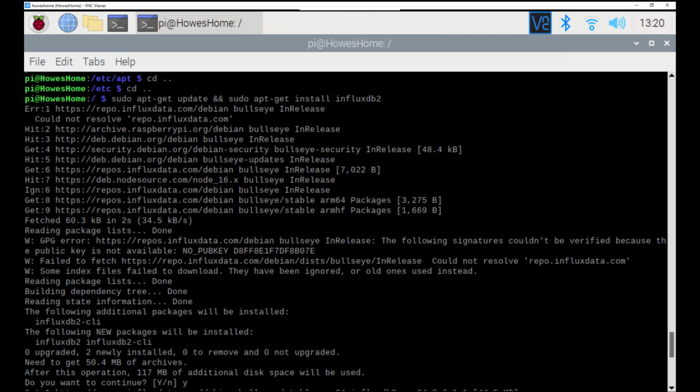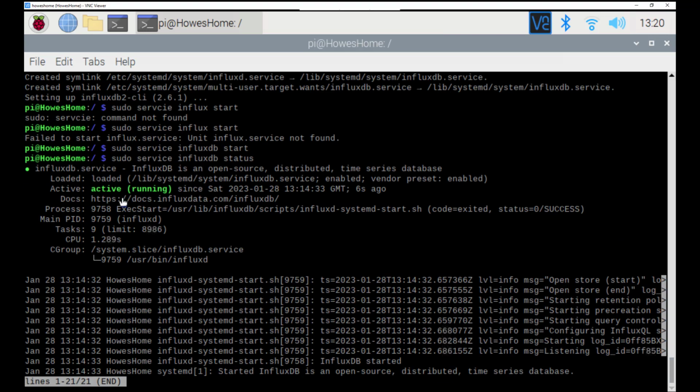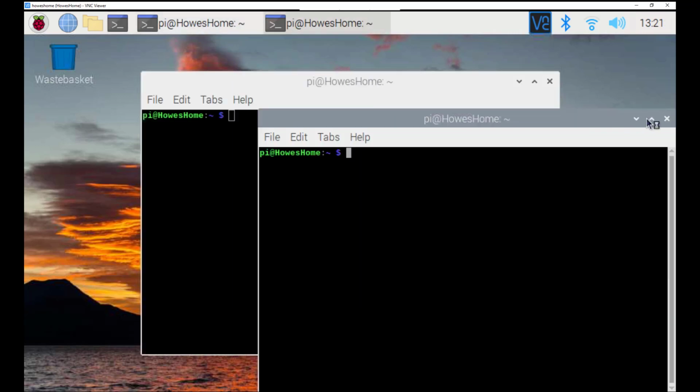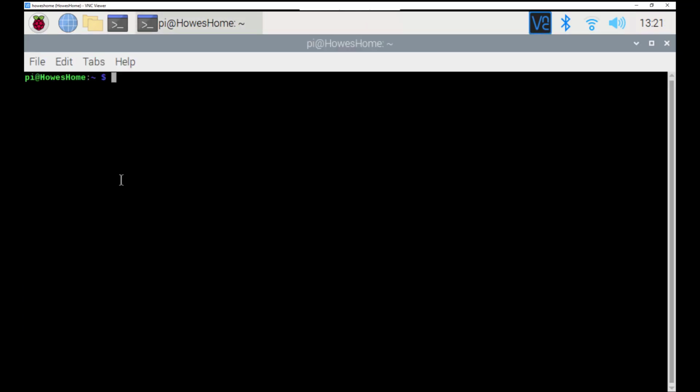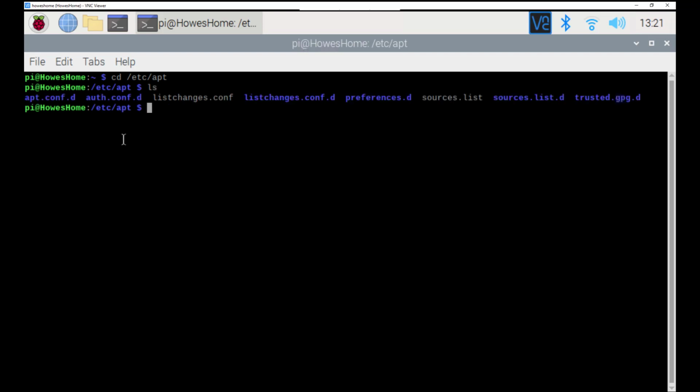So you can see here now that I have influxdb running, so I'm probably just going to have to close that terminal down, and then let's reopen. I need to get to my apt file, which is under my etc file. If I do ls on that, I will see a folder location called sources.list.d. So I just need to open that, and then hopefully under there